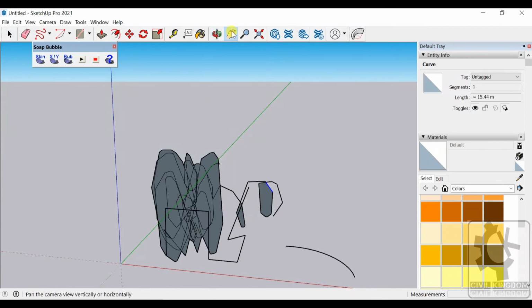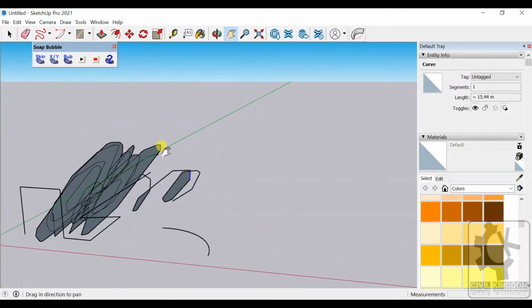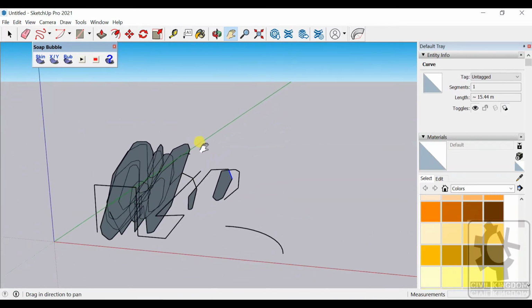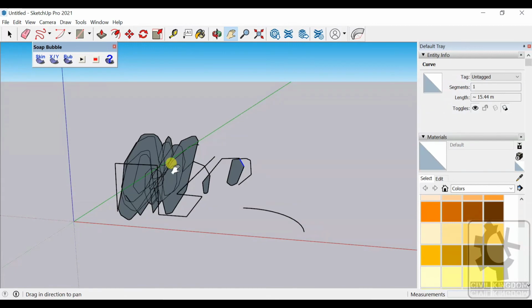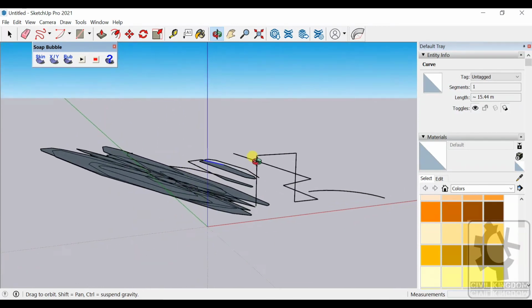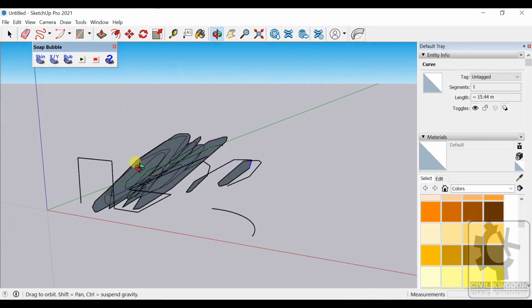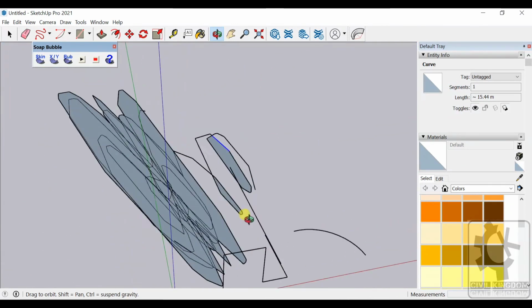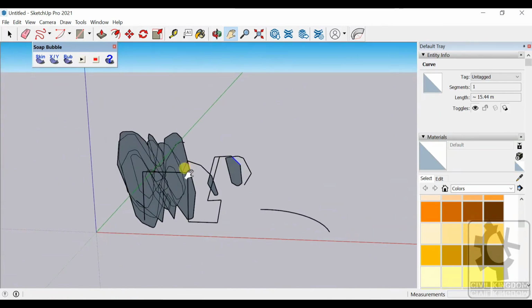And to pan over the drawing, if you press H on your keyboard, then a hand will appear, or you can navigate it from here also. If you click that, you can pan over the drawing sheet, and to rotate you need to hold the scroll button and move your mouse. So that's how you navigate in the software.